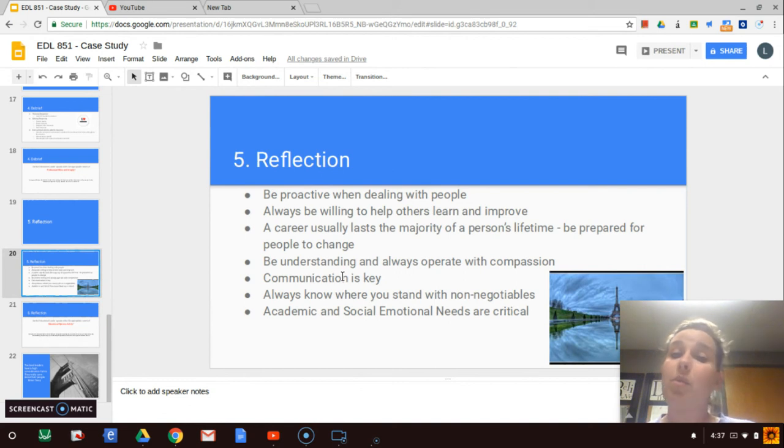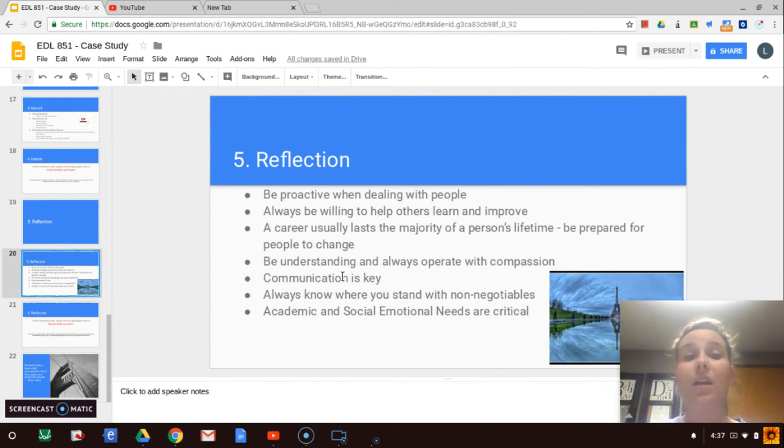Be willing to approach things in a helping to learn and improve way. I think that's the fairest way to do it at the beginning. I think once you try that and maybe problems persist and continue, then I think you can go to the next step.